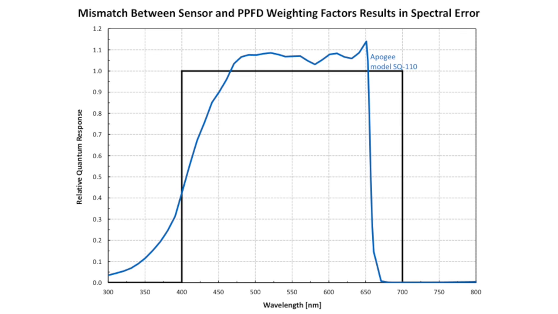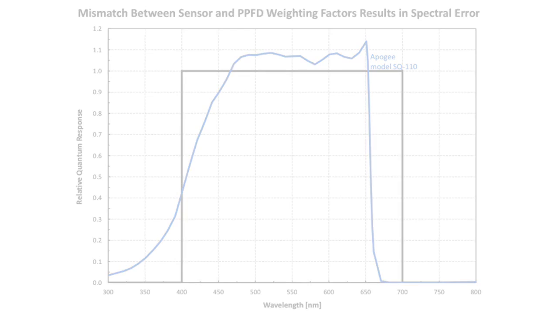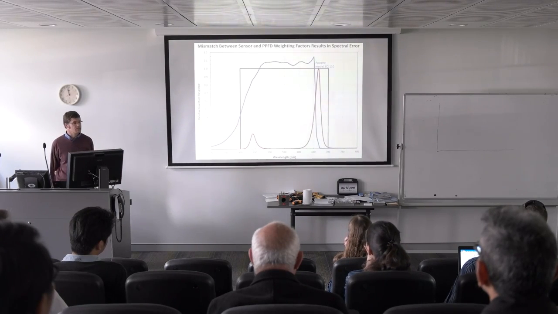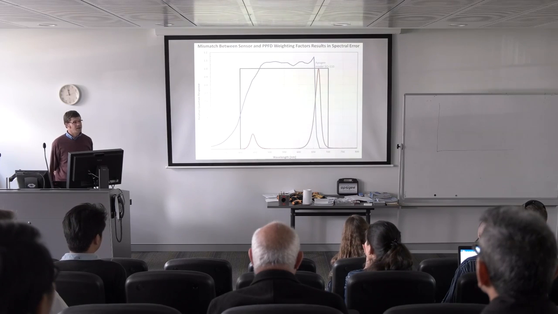So this mismatch between the actual sensor response to photons and our definition of photosynthetic radiation is going to cause spectral errors. And as an extreme example, let's say we were measuring an LED that was a blue and red mix where the red peak was like 660 or 670 nanometers. You can see there's a lot of output from this LED that's beyond the sensitivity range of the sensor. That means the sensor's not going to count those photons because it's not sensitive to them, and it will cause